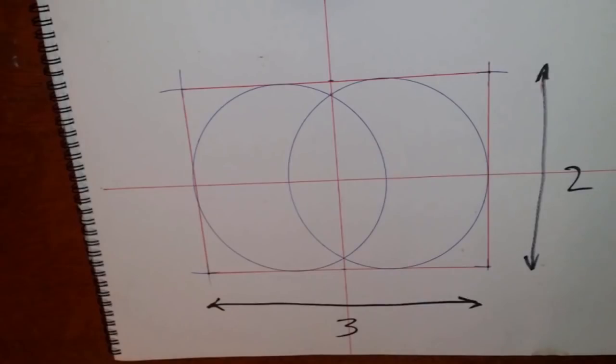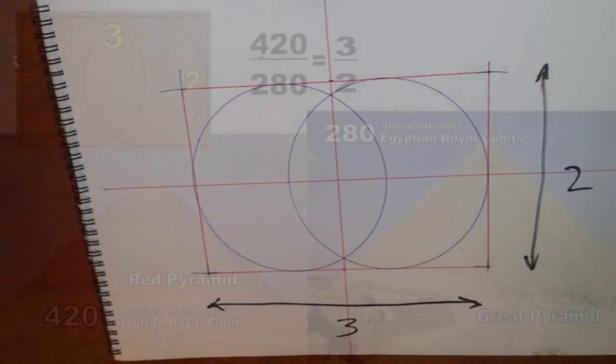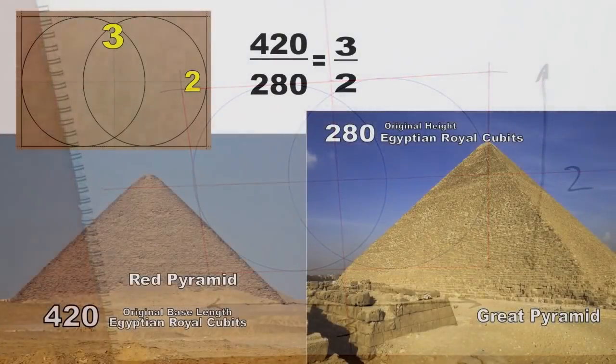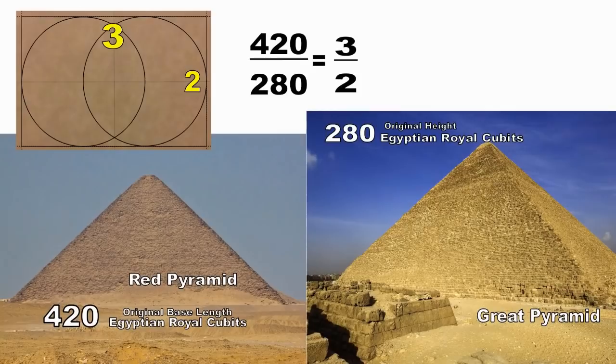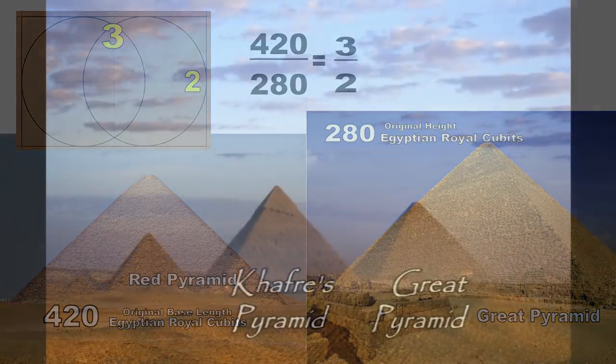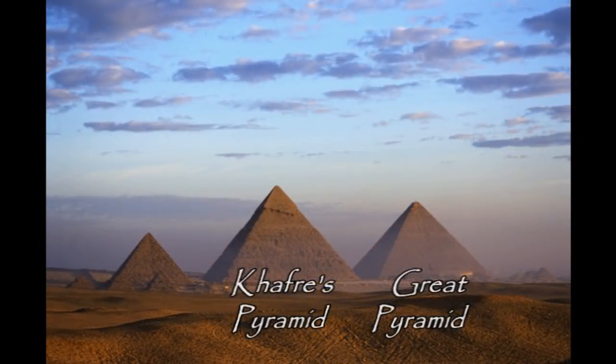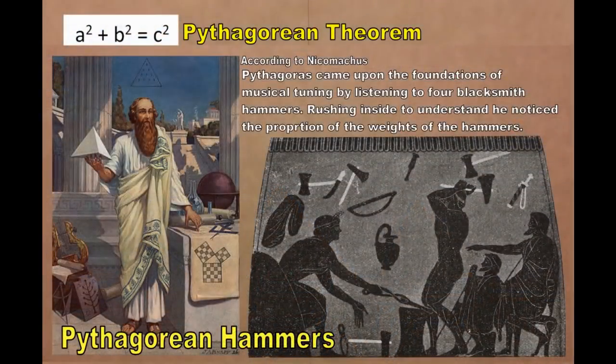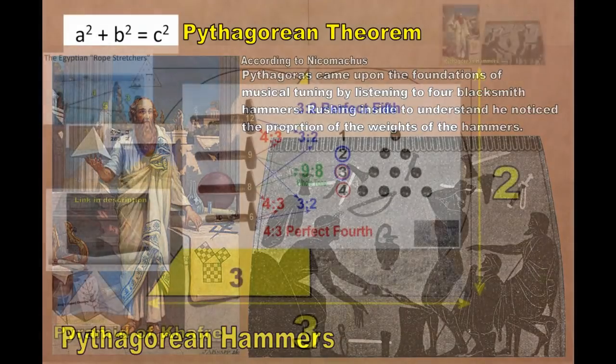So this very simple geometry, this very simple construction, the Vesica, the 3 to 2 ratio, not only connects the Great Pyramid with the Red Pyramid at, again, this 3 to 2 ratio, but it also joins Khafre's pyramid with the Great Pyramid. What's as above, so below. What's on the inside is what's on the outside. So these are joined, but of course it will also connect to Pythagorean schools, which is so important in regards to esoteric,